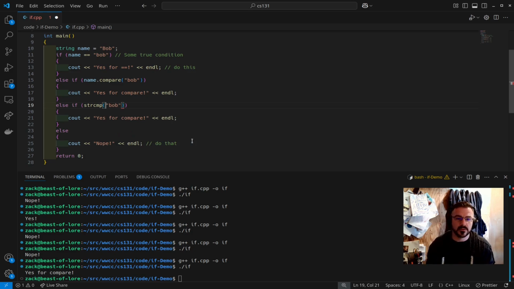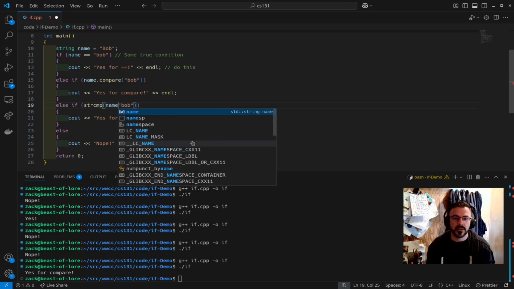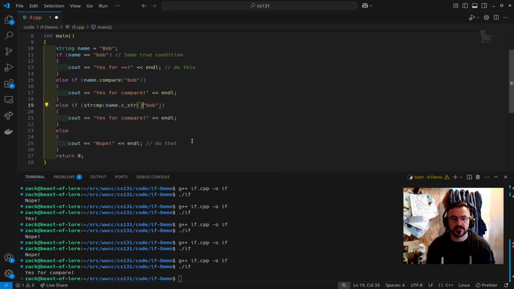Let's do here name.c_str. If you recall, that's how we do that for C types of strings. So C types of comparisons are expecting C types of strings. C doesn't understand what this string is. It doesn't understand that. Okay, so let's change this here, strcmp,